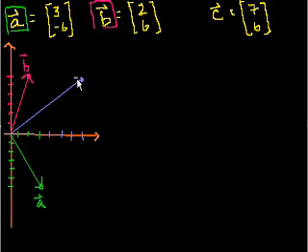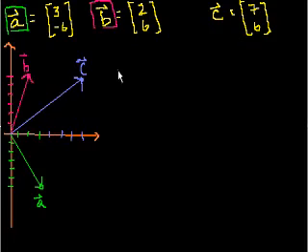Yeah, I want to draw it like that, and that's vector C. So what is the original problem I said? I said I want to add some multiple of vector A to some multiple of vector B and get vector C. And I want to see what those multiples are. So let's say the multiple that I multiply times vector A is x, and the multiple of vector B is